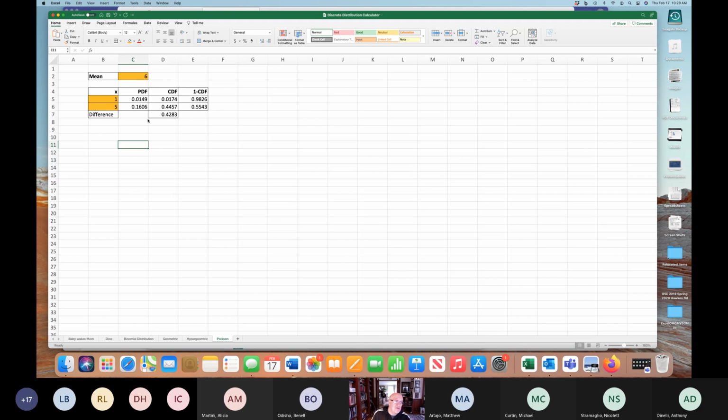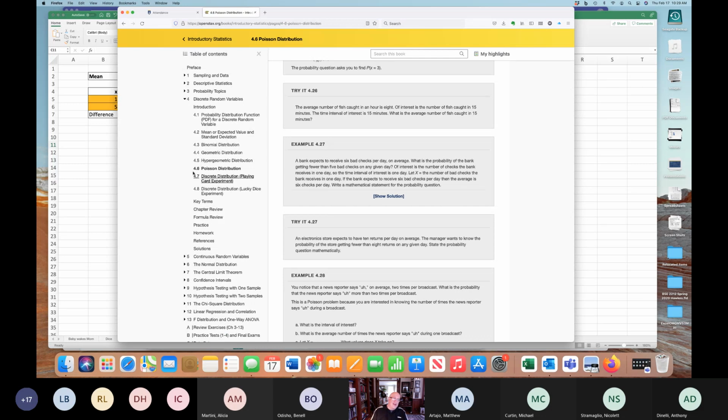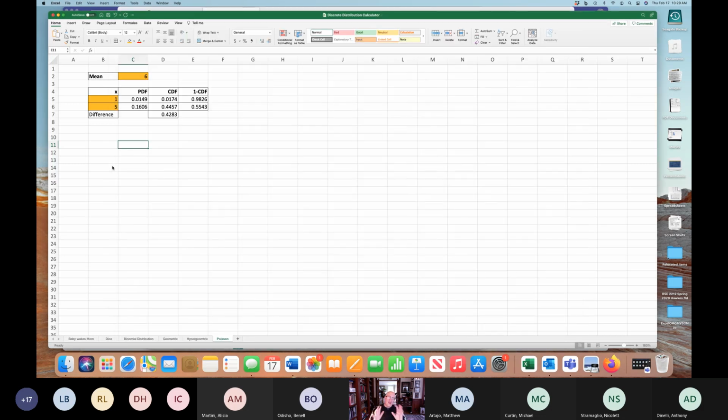So you can answer these kinds of questions easily using this little Poisson calculator. If you really want to learn this, make up your own binomial, geometric, hypergeometric, and Poisson calculator in Excel. I would imagine it would take you a couple, 2-3 hours to do it. I'm just guessing, but you would really get to know how to do these kinds of problems, and then you could use your own